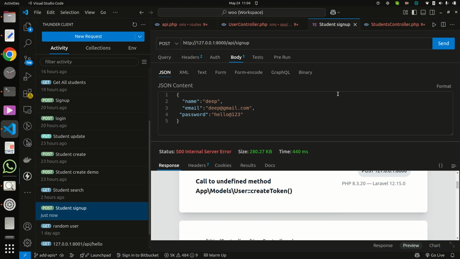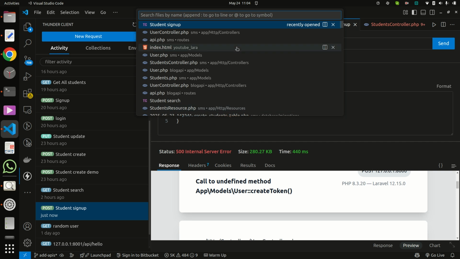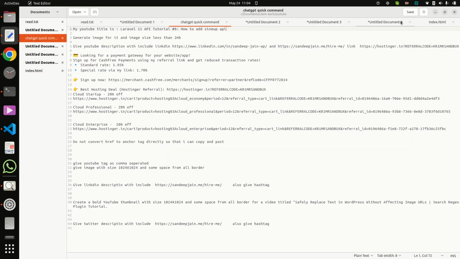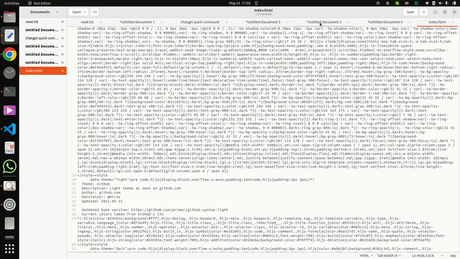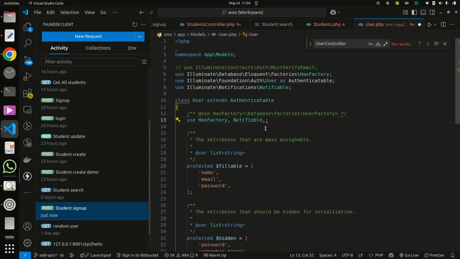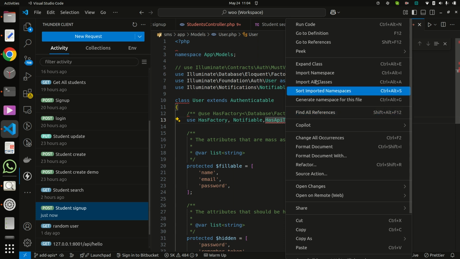Okay, so go to the user model, and now one thing is missing. This HasApiTokens must be used as a trait. Now import this namespace.